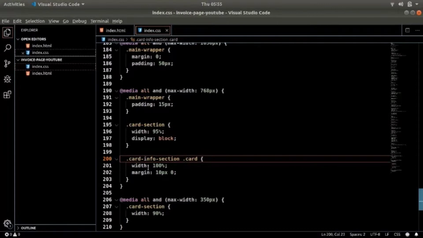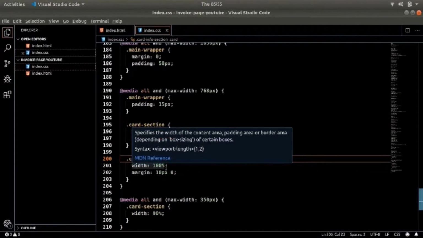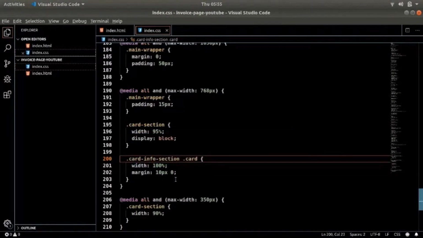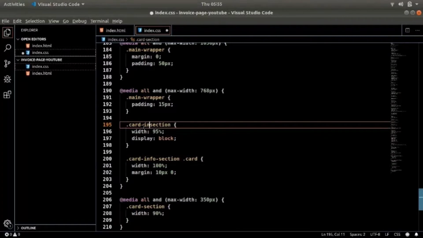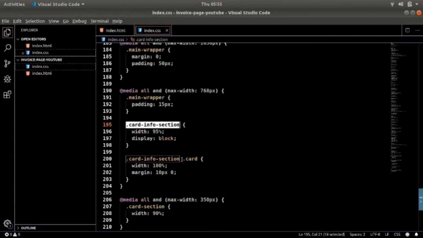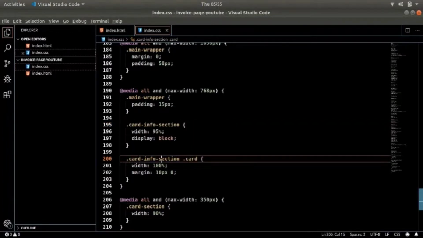What I have done for that is given them a width of 100% for the card, and this was also the card info section, with a margin of 10 pixel on top and bottom and 0 on left and right. So this was for the card section and this was for the card inside the card section.